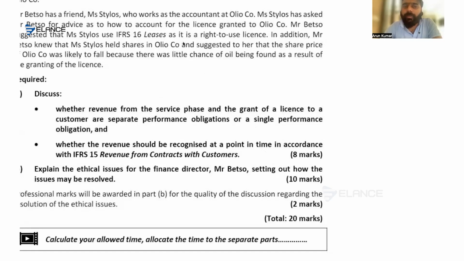Now, if it's a single performance obligation, let's say if it's over the period, there is a service included in that scenario. If the service is an integral part, in that situation, we have to recognize it as an over the period condition. Okay, if it's a single performance obligation, then we cannot split between point of time and over the period of time. So if there is a service or some kind of software updates that's an integral part of the main item, then we have to club it together and revenue will be recognized over the period.